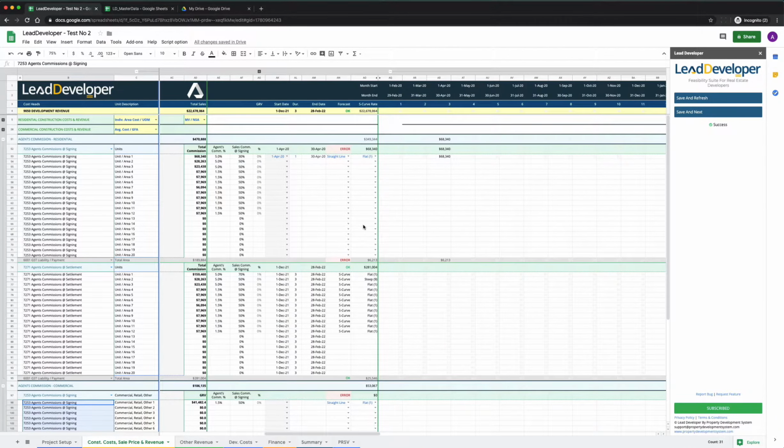What you do really need to do, and that is why these errors are showing up, is because we haven't really told the software when that commission that we have to pay at signing is coming out. That is the manual section where you need to say, okay,